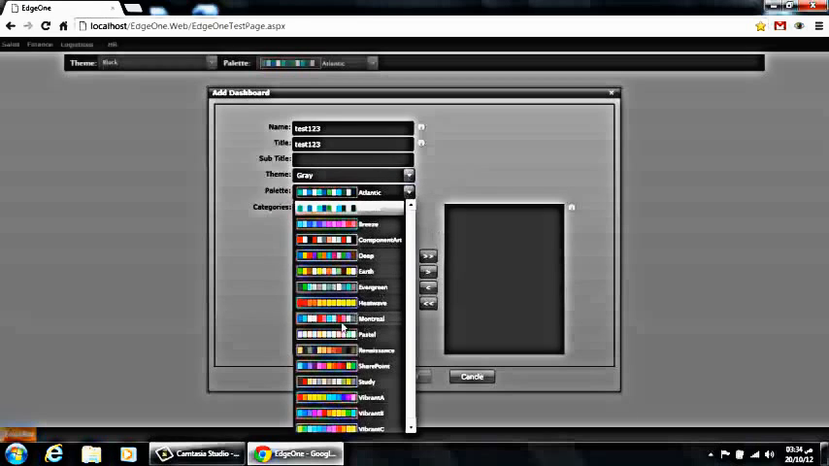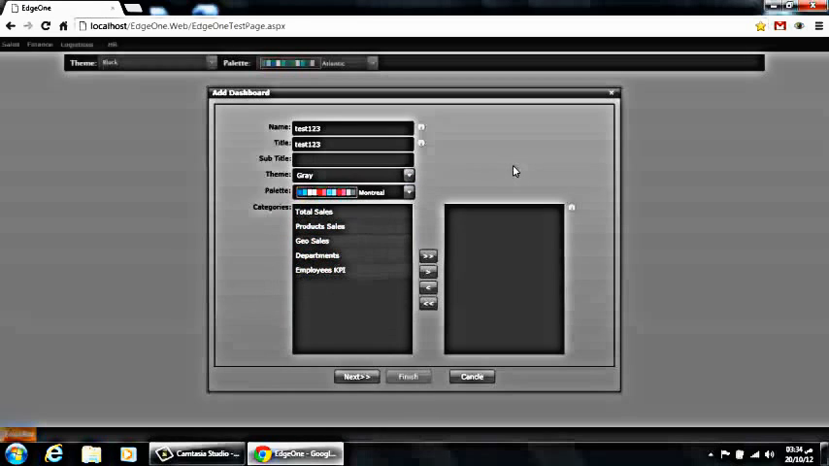Starting with the first page of the wizard, we will specify the dashboard name, title, subtitle if you want. You can choose also the theme of your dashboard, palette, which gives more colors, and the last step here is to group your dashboard under a certain category. Moving to the next step of our wizard